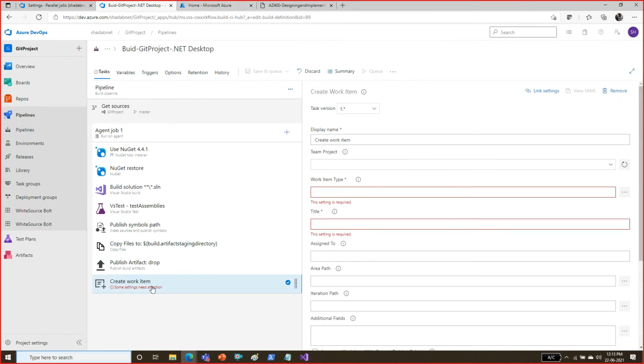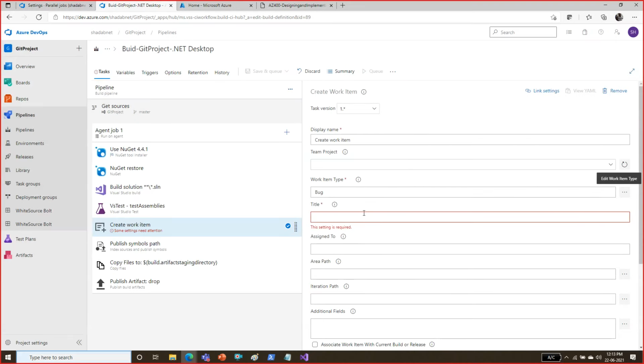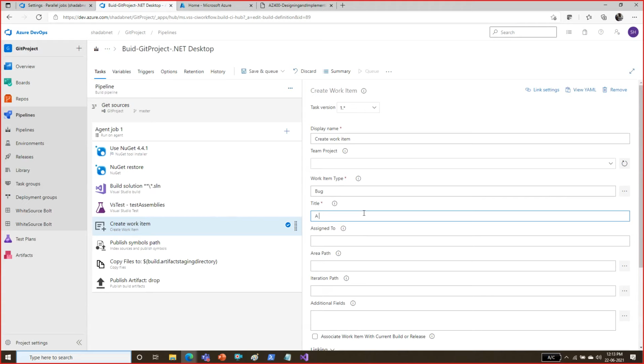So this task has come here. I need to move it to the appropriate place where you want it. After the build phase, I want to create a work item. In the work item, I want to create something called a bug. So you can create anything, you can create a bug. What is the title of the bug? You can give any title, or you can parameterize those things as well. Bug is